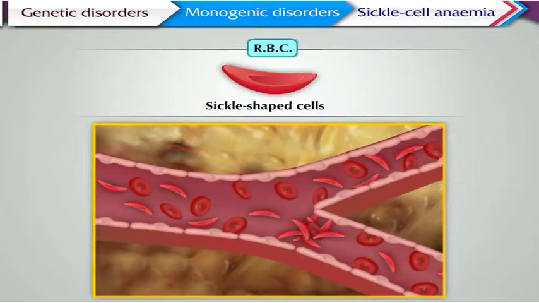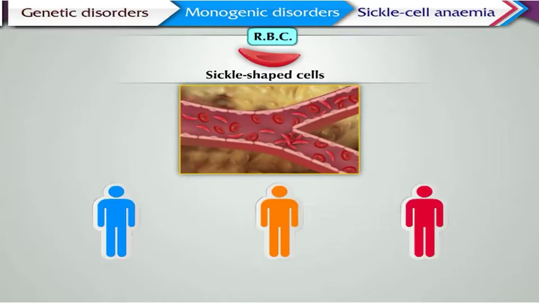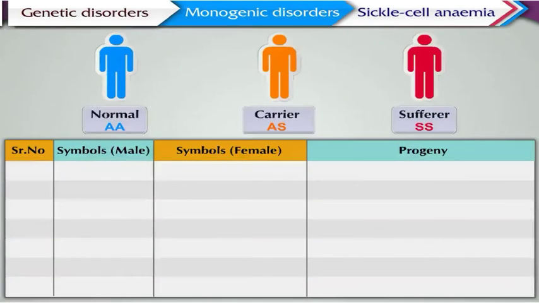Let us now understand how sickle cell anemia occurs with the help of a table. First, let us understand some symbols. The symbol AA can be used to denote a normal person, AS for a sickle cell carrier, and SS for a person suffering from sickle cell anemia or a sufferer. We shall denote symbols in males in the second column and symbols in females in the third column. In the fourth column, we shall mention the condition of the child, whether the child born will be normal, carrier, or